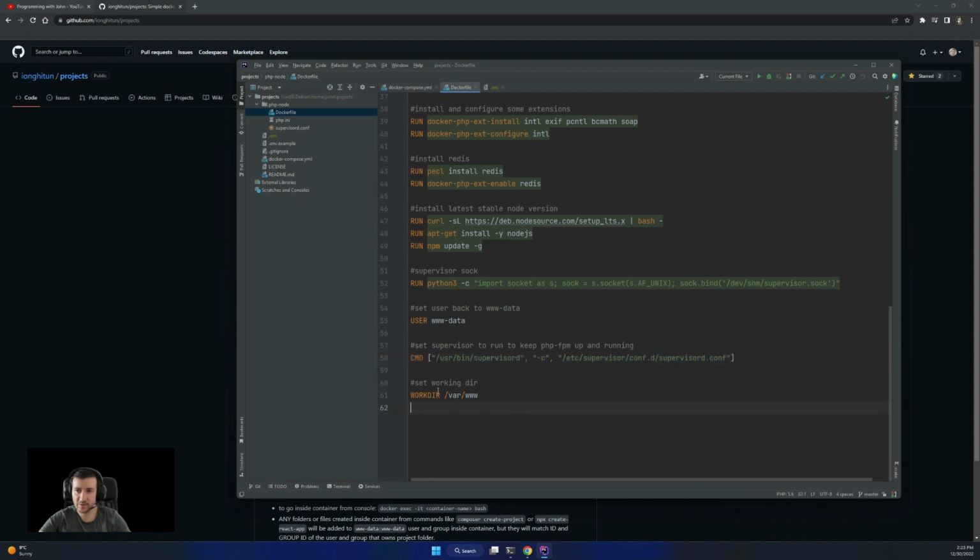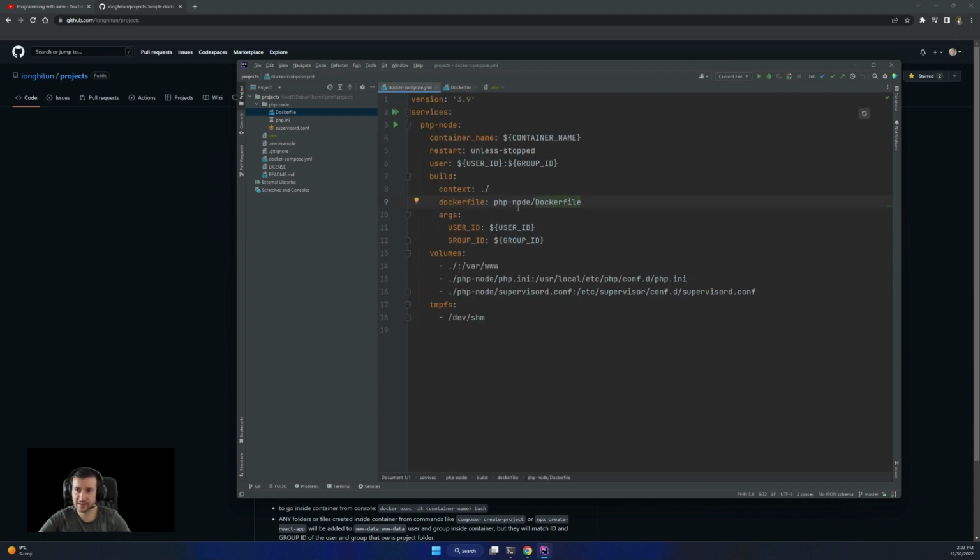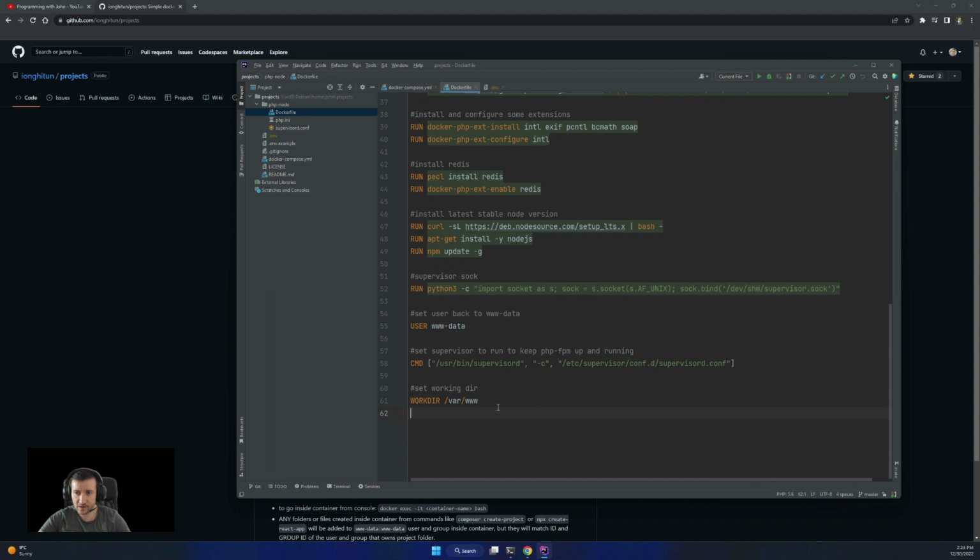and work there. The workdir that I set in here is so that when you exec into the container, it will go directly to this folder inside the container.